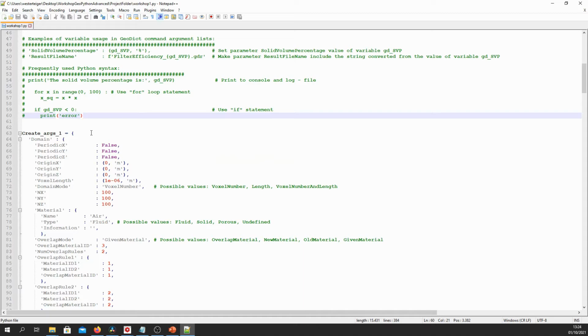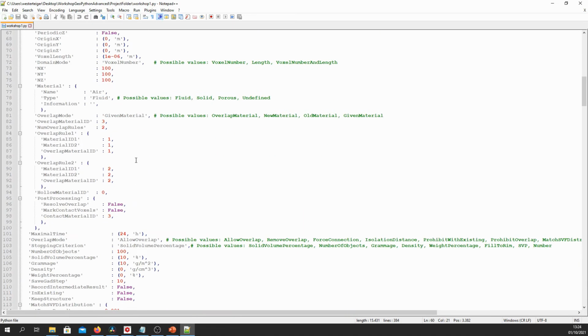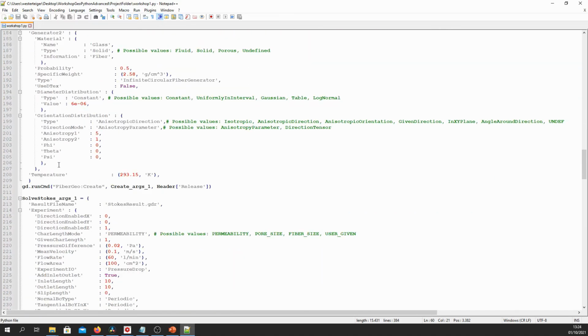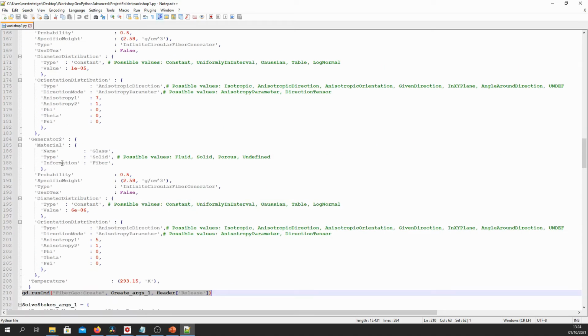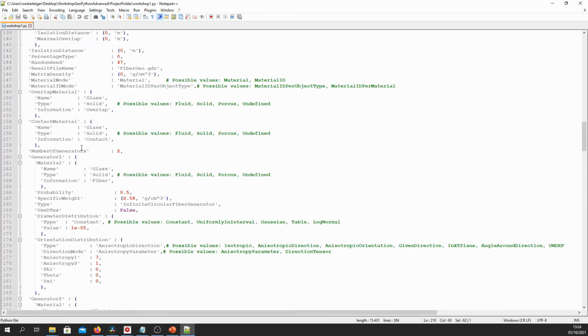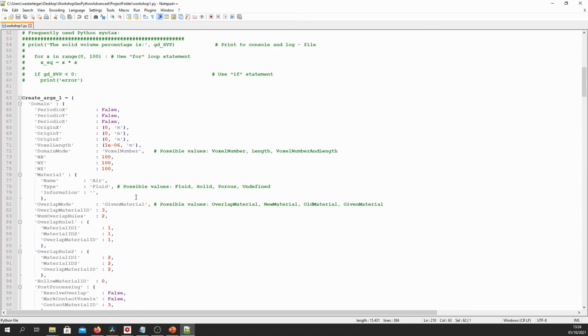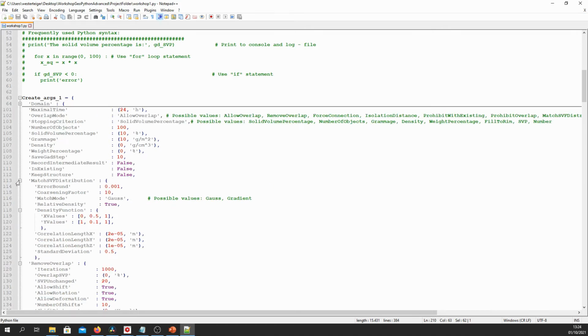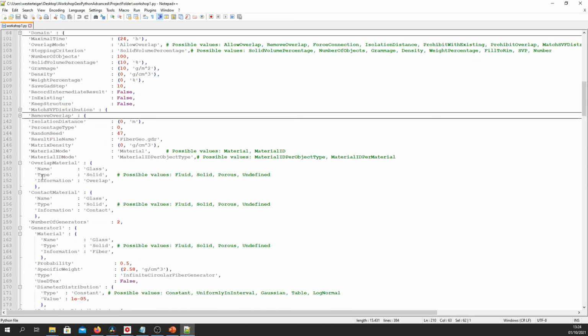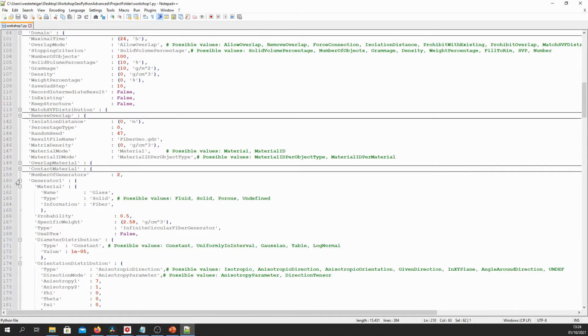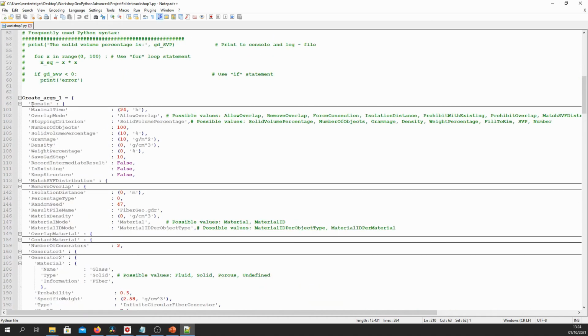Namely, there is an argument block for each command, which goes until here, and then there is the actual command call here. So this argument block is a Python dictionary which consists of key value pairs, as you can see, in a structured manner. So there's a hierarchical structure to it. And you can actually fold these blocks together if you're using Notepad++, which we suggest. So for example, I can fold these blocks by clicking on the minus signs here. I can basically collapse one part of the whole tree. And likewise, I can also collapse this whole block of parameters.